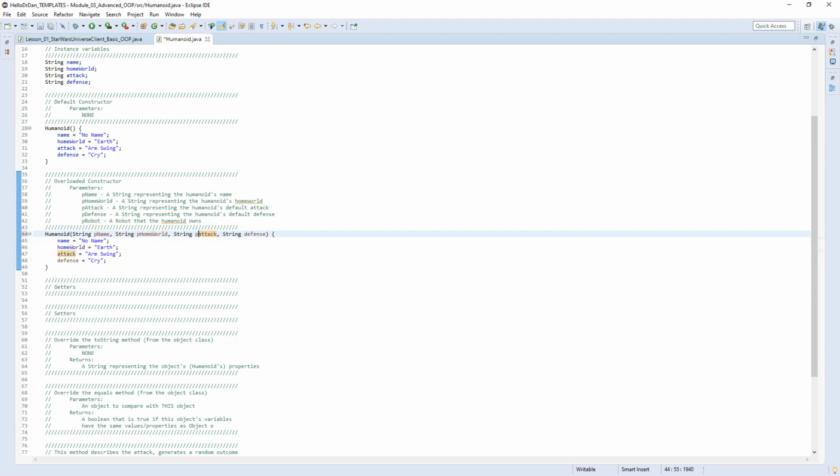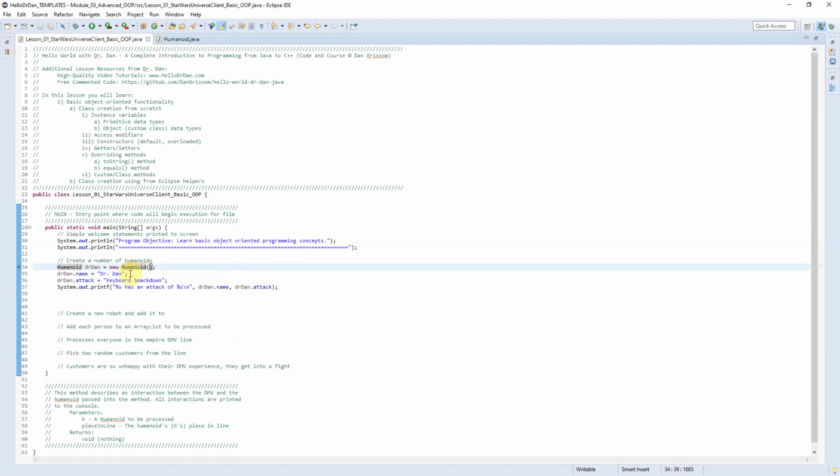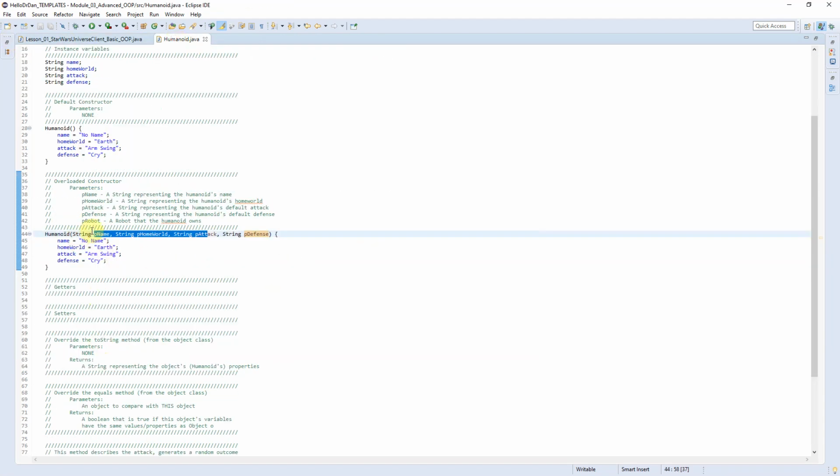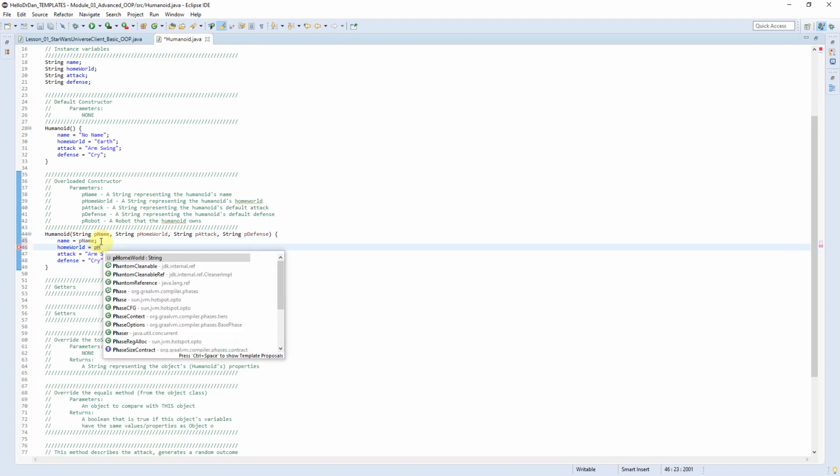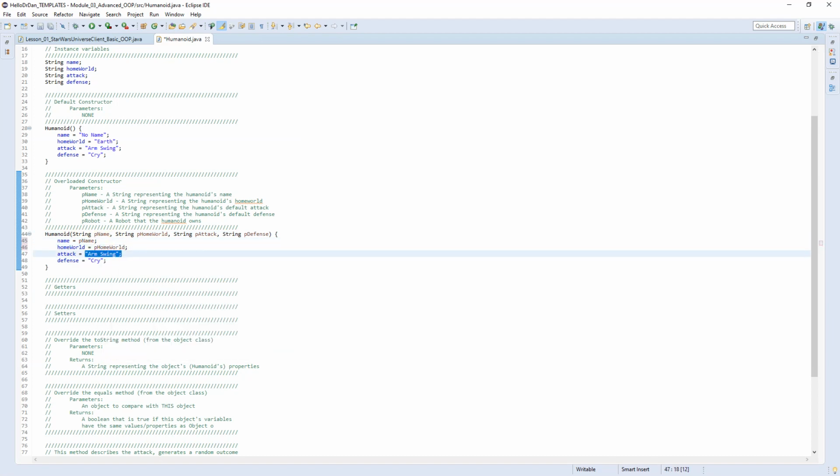So I'll go ahead and add P and then the capital A and then P and then capital defense. Okay. In the very basic overloaded constructor, all it does is basically allow someone writing code in the client to pass in these parameters, and I'm just going to use these parameters to initialize the properties of this person. Okay, so instead of saying name equals no name, I'm now going to say name equals p name, and homeworld equals p homeworld, and attack equals p attack, and then